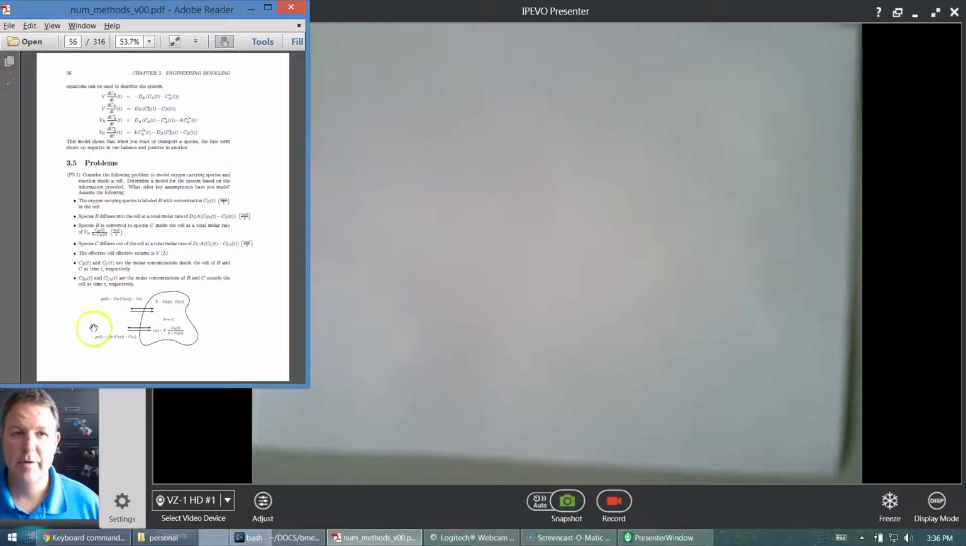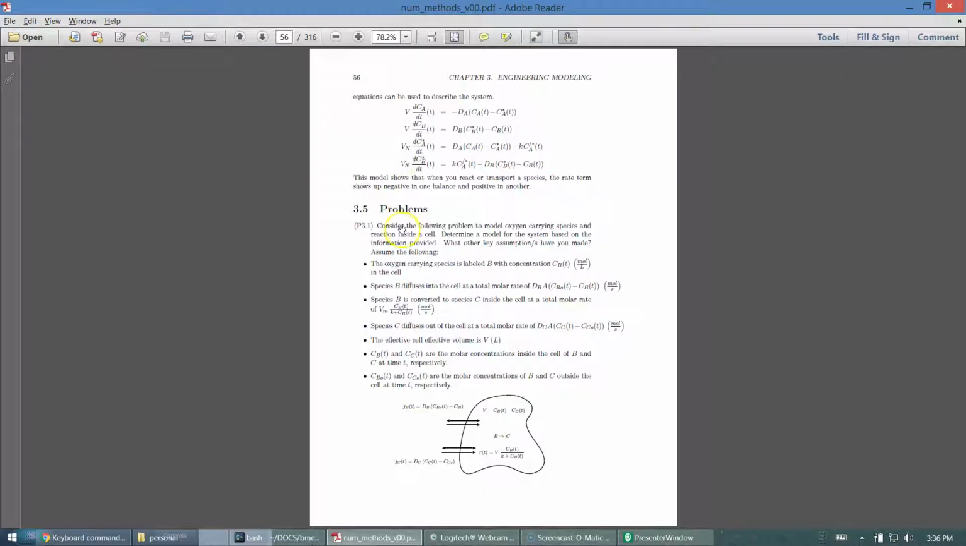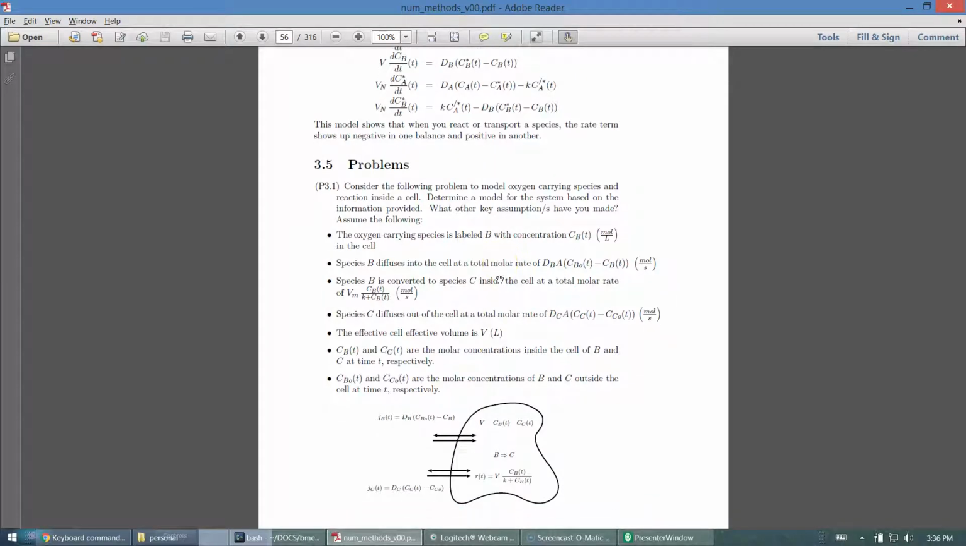This is problem 3.1. Let's read through it. Consider the following problem to model oxygen-carrying species and reaction inside a cell. Determine a model for the system based on the information provided. What other key assumptions have you made? Assume the following. The oxygen-carrying species is B with concentration C sub B in units of moles per liter